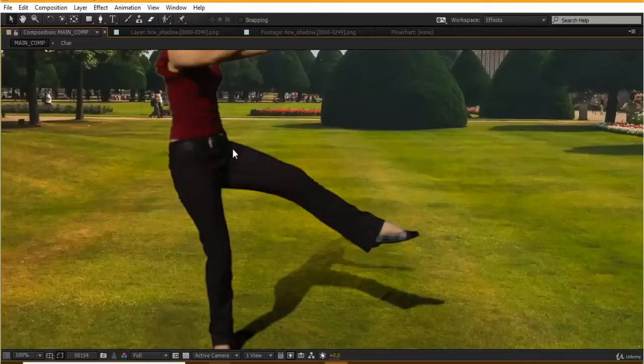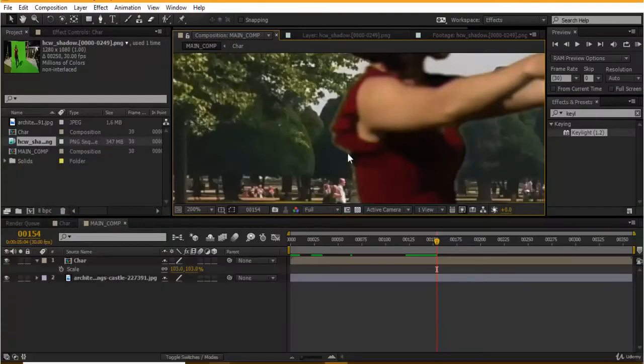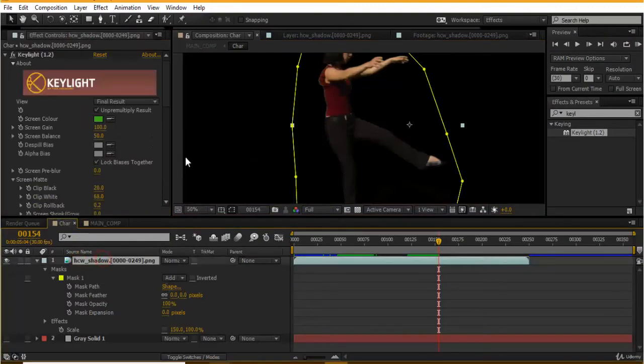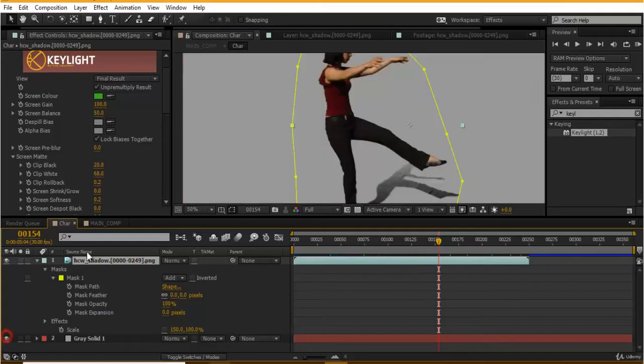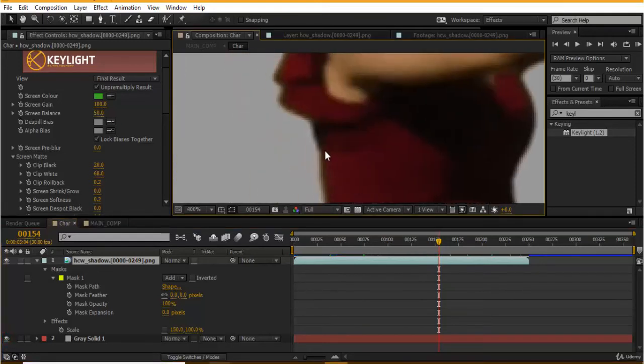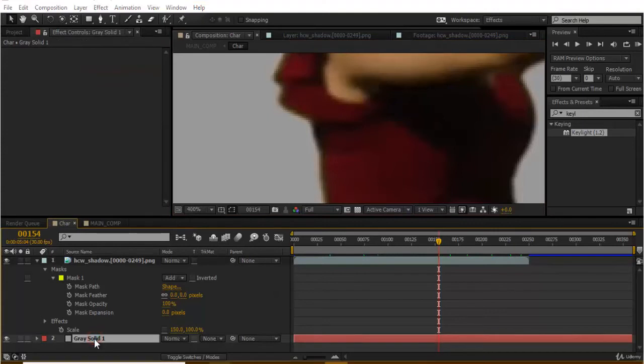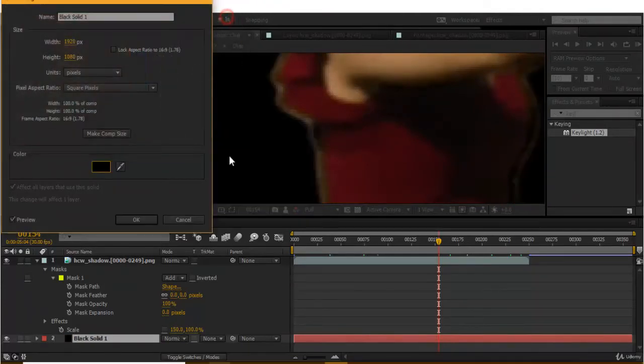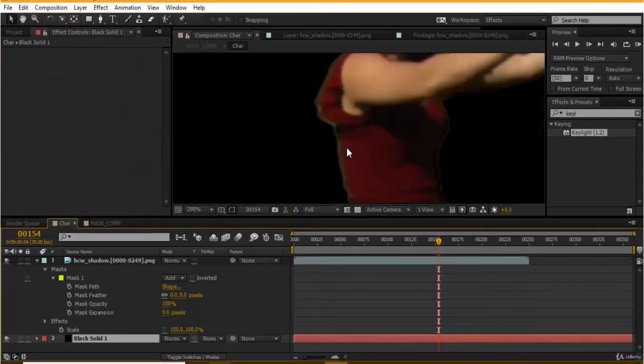Now one thing which I would like to show you is, if I zoom in over here, I am able to see some edges not being blended nicely. So I'll be going back to my character, going to the FX control of this, and I'll turn this on in order to see this. Maybe I'll take some yellowish background, or maybe a dark background so that I am able to view this.